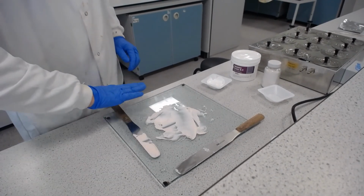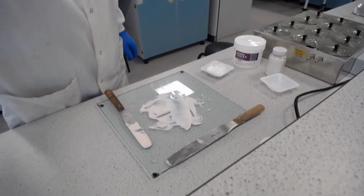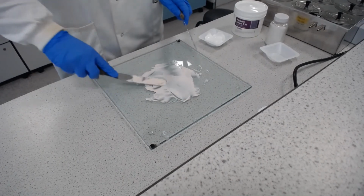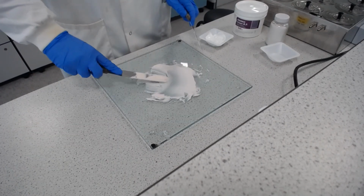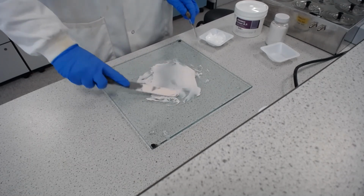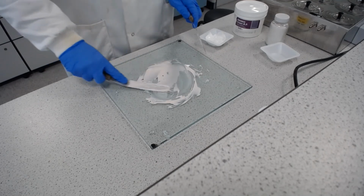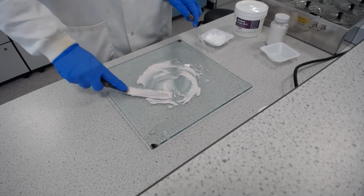I've just pulled my cream out along the slab with the palette knife to see if I get any trails in it. And hopefully you can see just at the end there where that little dot is there. Okay, that's the beginning of a trail running through my cream. So it's not quite ready yet. So we need to keep going with our shearing motion. Now you don't have to put that much force into this. It's more about getting the flat of the palette knife nicely onto the tile,